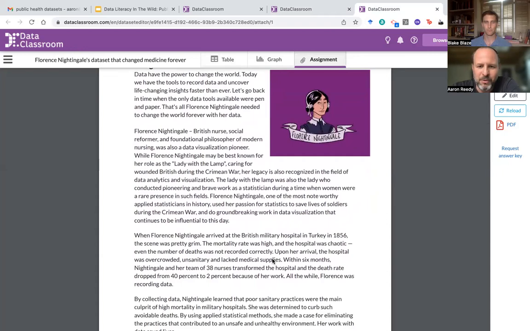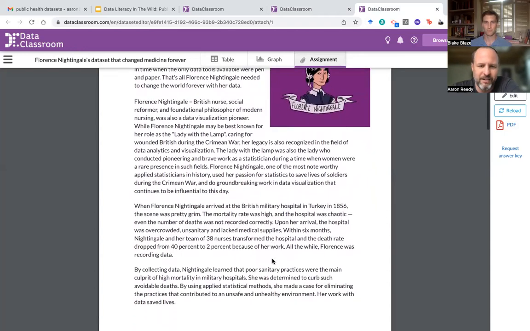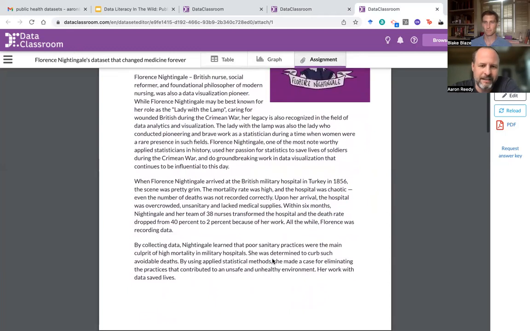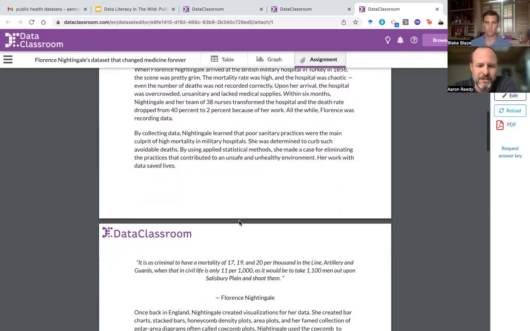It was 1856 when Florence Nightingale arrived at the British military hospital in Turkey and looked around and saw this death rate of more than 40% in the hospital. Within 6 months, her and her team of 38 nurses decreased the death total. It was down to about 2% as a mortality rate within 6 months of them taking over and making some pretty major changes to